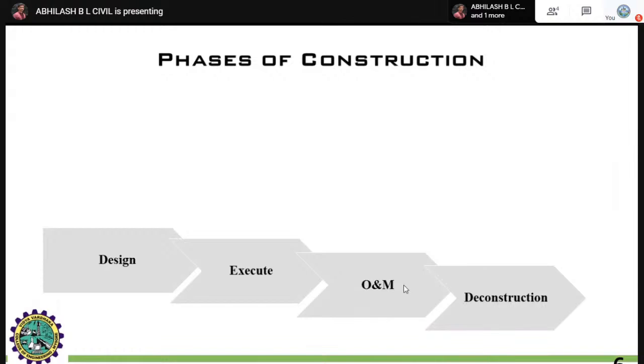Hence, in order to execute, you need planning. What should be first? Next, what is the planning? What are the actions you have to consider? All this comes into the design stage itself. Next is the operation and maintenance phase of your building. This is the lifespan of your complete building, 75 to 100 years. That is called O and M, the operation and maintenance phase, where some amount of planning will be neglected in this phase of your construction.